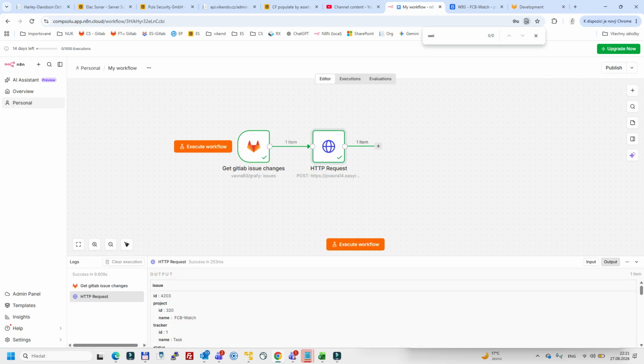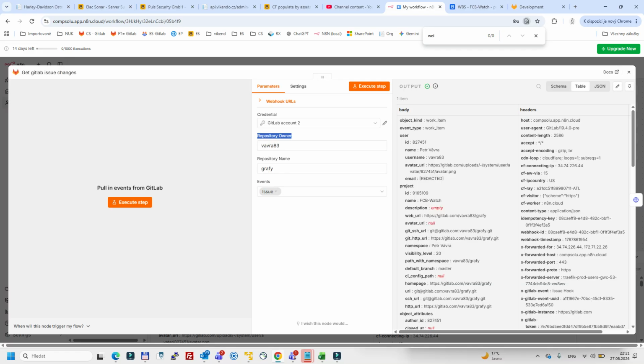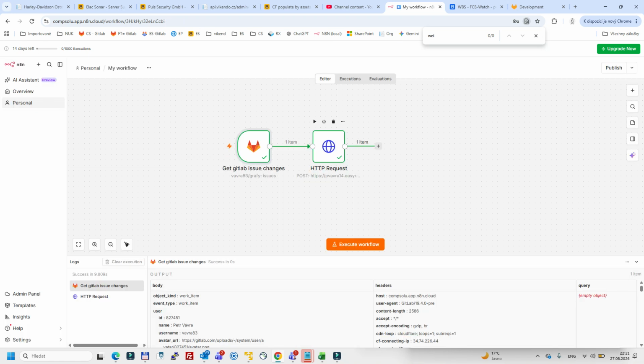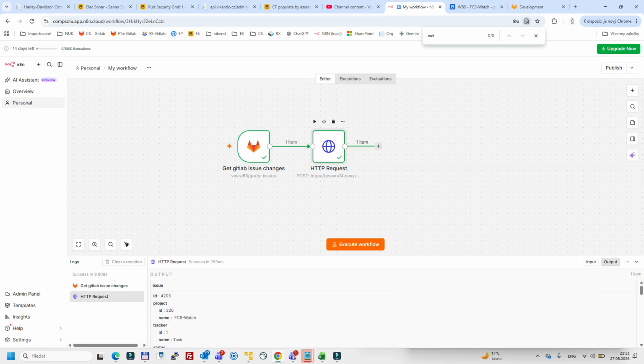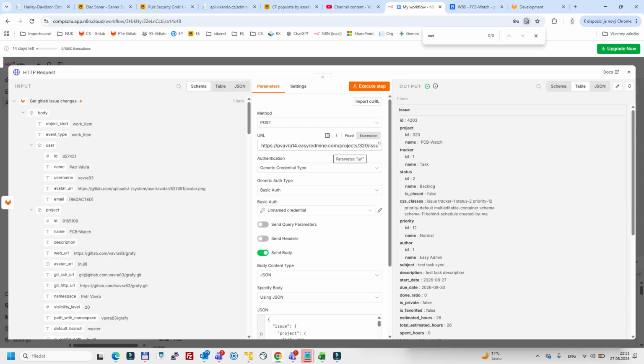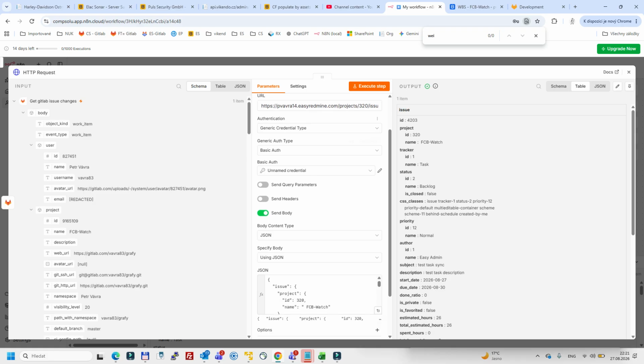For that purpose, I'm using the tool which is called N8N, and which supports webhooks. So I can basically call GitLab to trigger if some change has happened. And then afterwards, I have here the HTTP request, which is actually creating in my instance of the Easy 8, basically